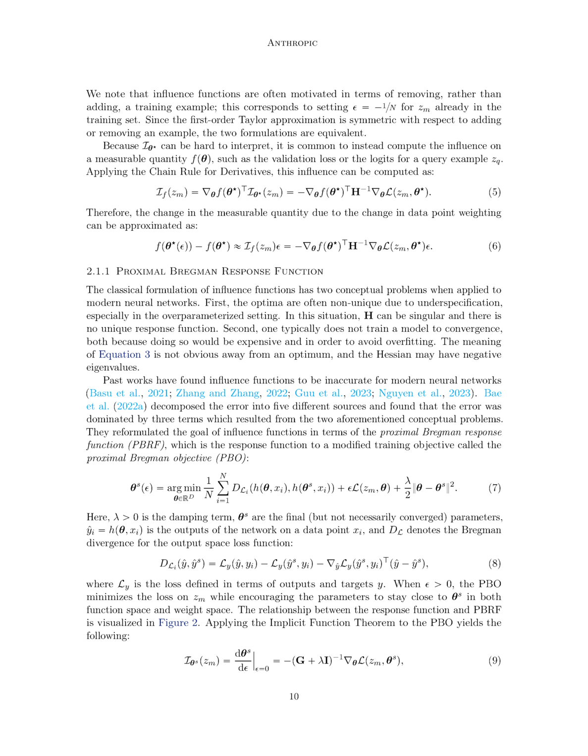Section summary. In this section, the concept of influence functions is introduced, which originated from robust statistics and was later applied to deep learning. Influence functions measure the effect of adding or removing a training example on the model parameters. By approximating the change in parameters, we can also estimate the influence on measurable quantities, such as validation loss or logits for a query example.